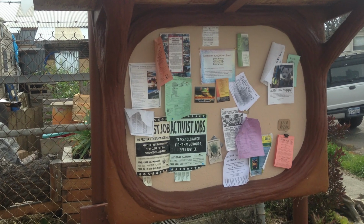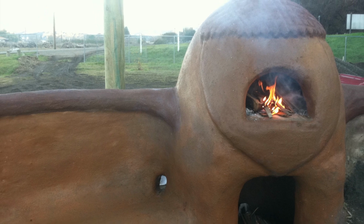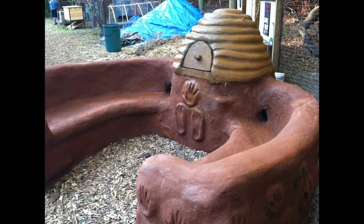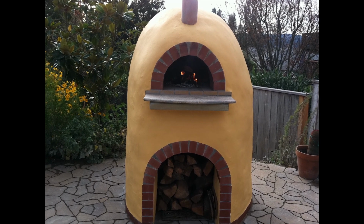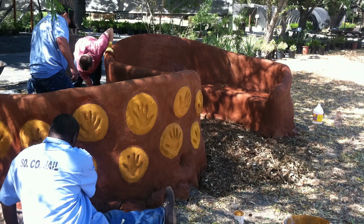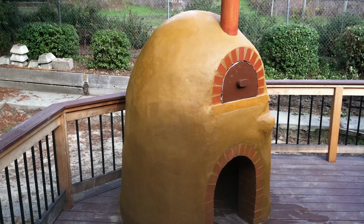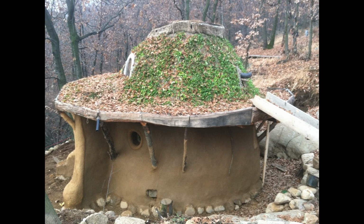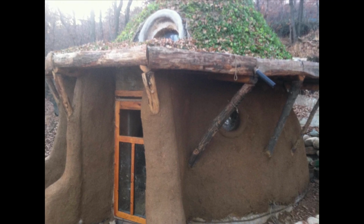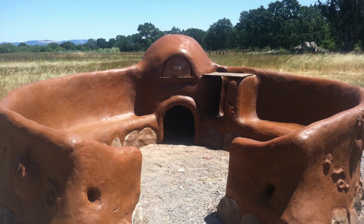and did this community bulletin board in Oakland, and this acorn oven in Ukiah, and this beehive bench in Marin, and in Healdsburg, and the jail farm did this bench, and in Katati did this oven on the deck, and in Italy at Damanhur did this with the arugula growing on the roof, and the oven in Sebastopol where I